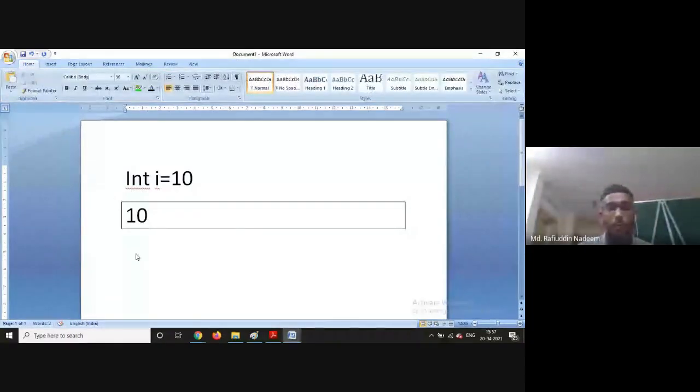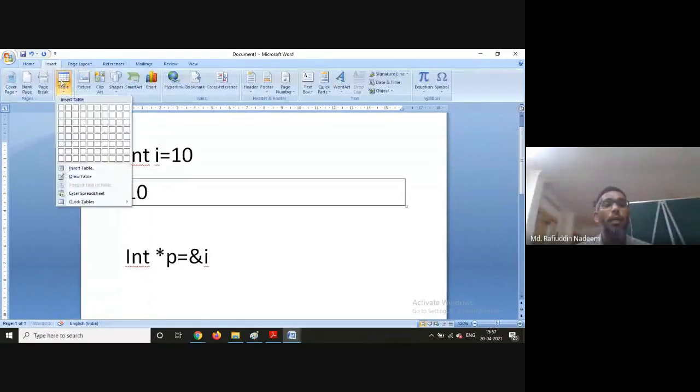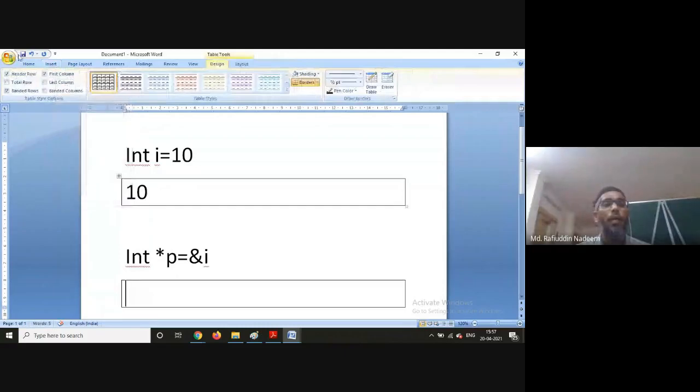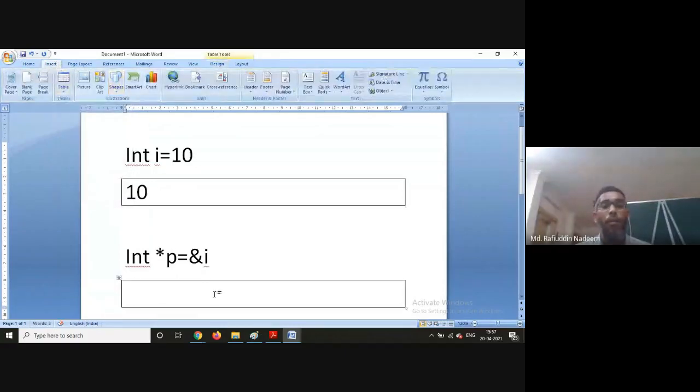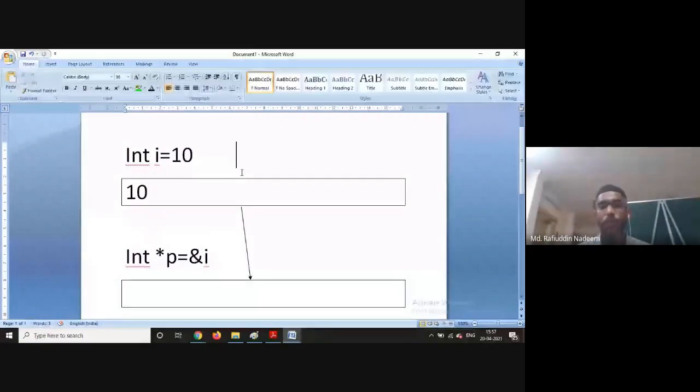So when I say int star p equals ampersand of i, then you have another variable, a pointer variable, which stores the address of i. Assume that the address of i is some 1234.